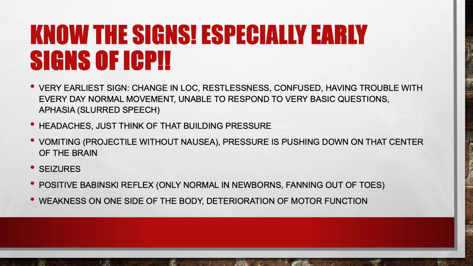So know the signs, especially early signs of ICP. Why is it so important to know the early signs? Well, as we've seen before, that herniation, that brain getting ischemic. Of course, herniation is the worst part that really pretty much equals death. But every attempt that the body makes to keep perfusion or sending oxygen to the brain is just making it worse. It's a loop. So we need to stop it before it clamps down to the brain stem, by that herniation. So that's why we really need to know these early signs.